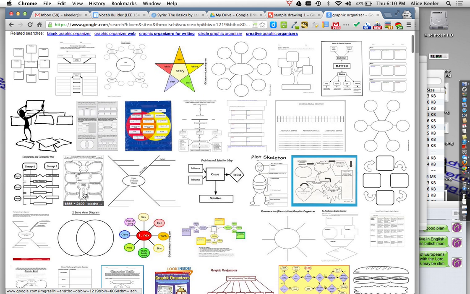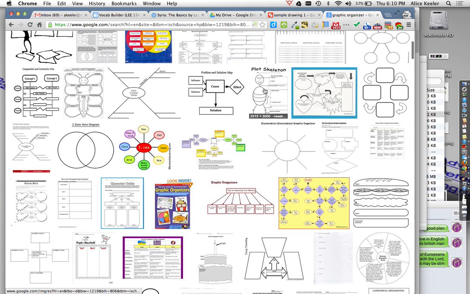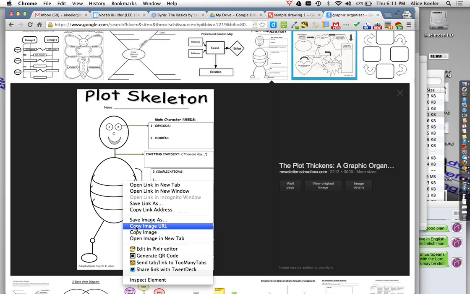And I find whichever graphic organizer works for me. The skeleton one looks awesome. Okay, so what I'm going to do when I click on my picture, I'm going to right click and copy the image URL. Now I'm using Google Chrome, so mine says copy image URL. If you're using a different browser, it might have different vocabulary, like copy image address, copy image location, copy image something. So I'm going to copy the image URL,